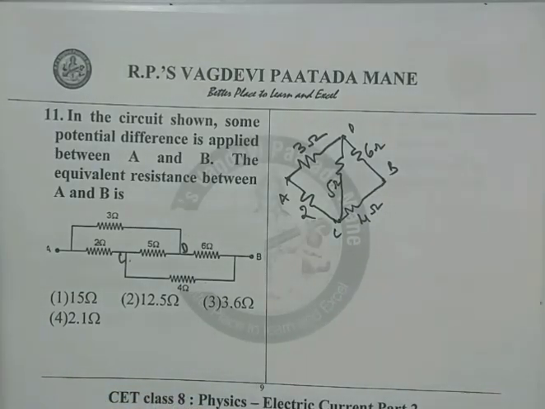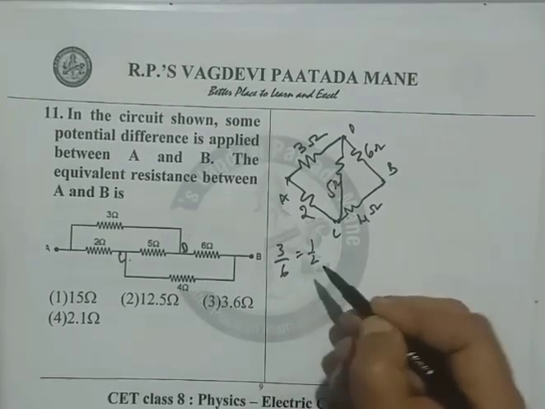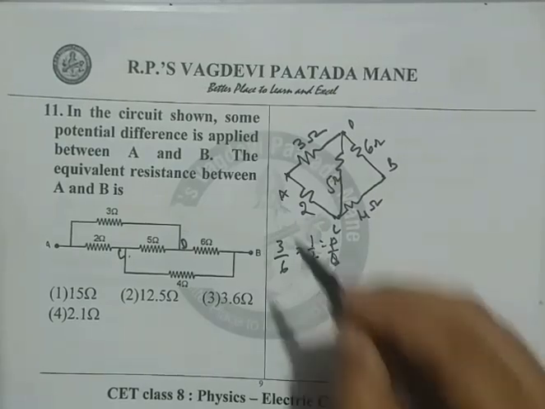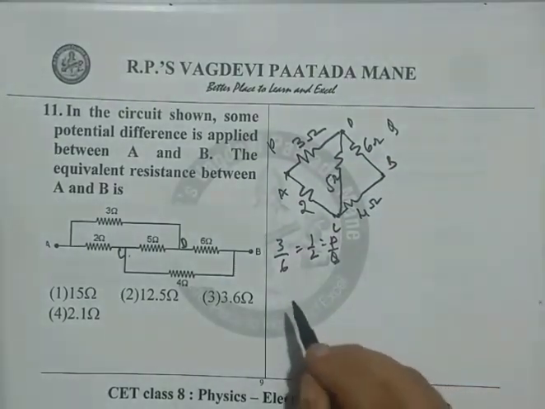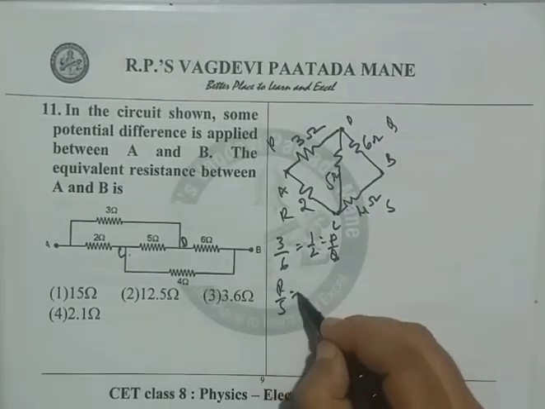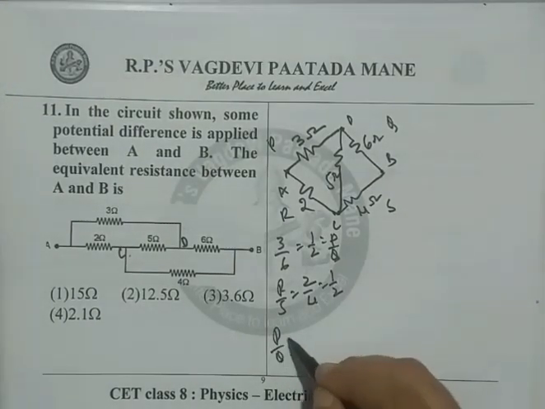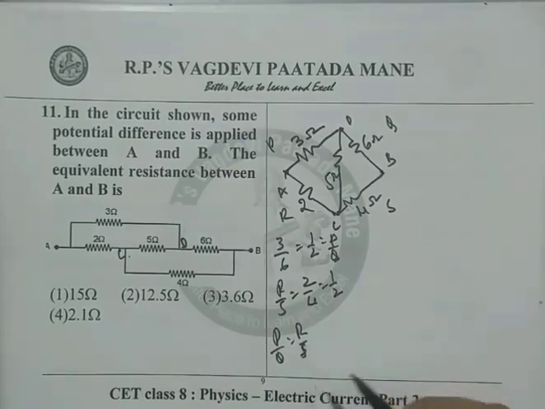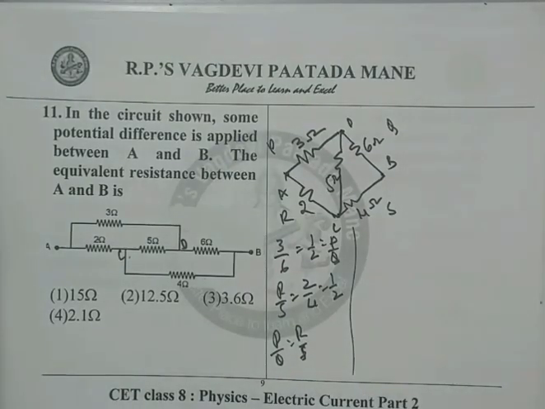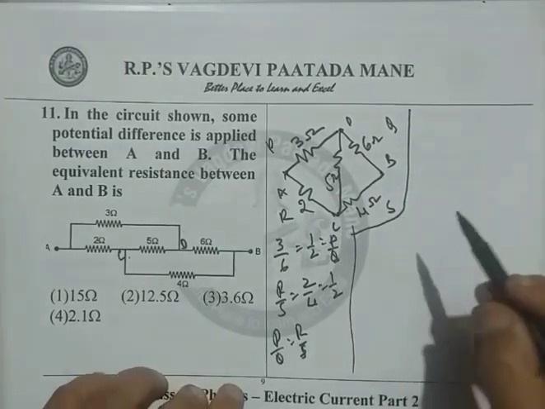Observe, now it is very clear, it's a Wheatstone's network. And we first check whether it is balanced or not. 3 by 6 is 1 by 2, that is P by Q. R by S is 2 by 4, which is also 1 by 2. As P by Q equals R by S, the bridge is balanced. Once the bridge is balanced, the 5 ohm need not be considered as no current passes. Its effect is not there.